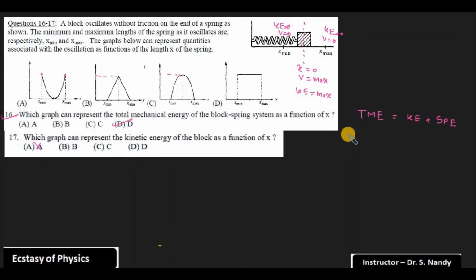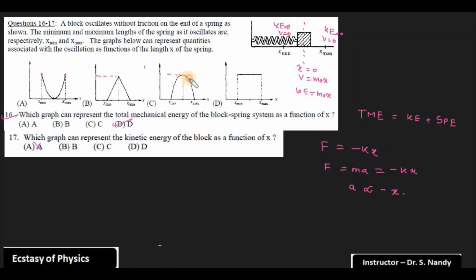But we know that in case of the spring, force F equals negative kx, which means F is equal to mass times acceleration from Newton's second law of motion, and that is equal to negative kx. So we can say the acceleration is proportional to the negative of x. With respect to the displacement from the mean position, the more it is displaced, the more its acceleration is going to increase.